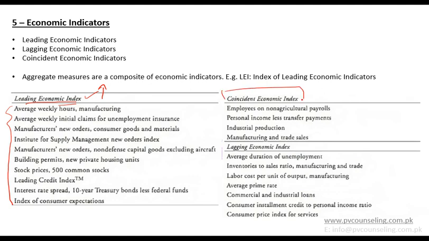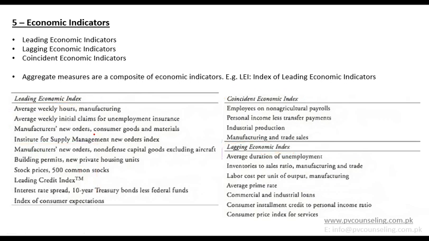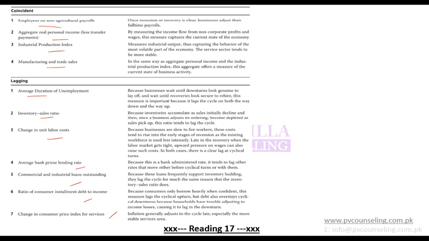Similarly, there is a coincident economic index and a lagging economic index. So there are indices which you can use to find out the future direction, current direction, or past direction of the economy. Otherwise, if you look at all the indicators individually, the analysis will be difficult. And maybe some leading indicators show you a positive picture, others show you a negative picture. Not all will show you the same picture. So this is about business cycles. Go through the indicators. As long as you have an idea about it, you should be able to do it.